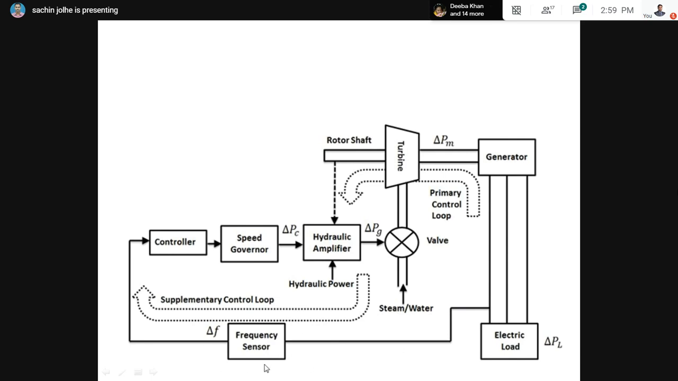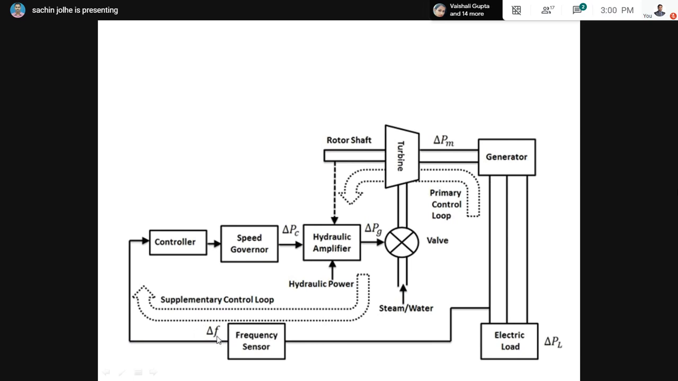The previously set frequency should be there. Just take an example: if we want to generate electricity in India, the frequency is a constant, that is 50 hertz. Europe and other places use 60 hertz, but for India we have taken 50 hertz. So whatever deviation there is from our frequency,